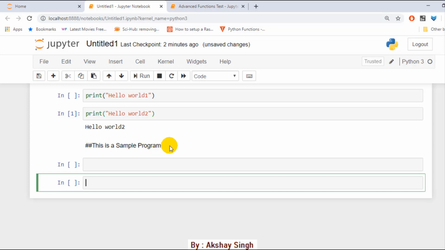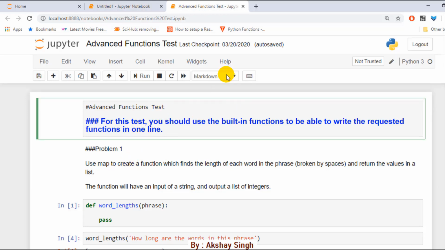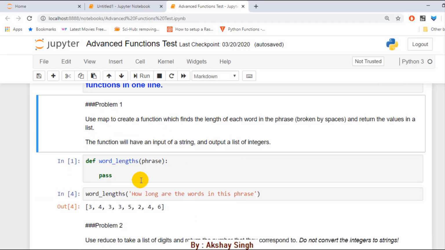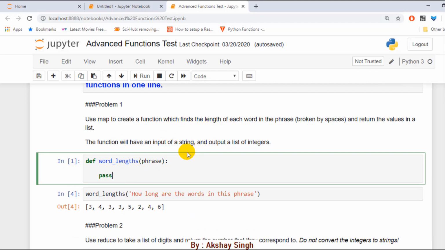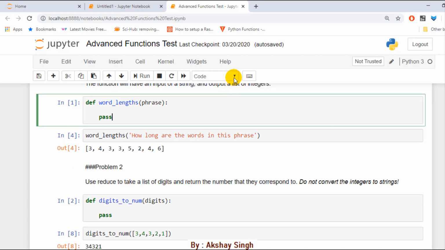As you all know that Jupyter Notebook can also be used for creating a document. So we can use this markdown, this heading, for creating my own document. Just see this. This is an example how you can create a document. These all are, see, this is a markdown, this is a markdown, and this is your code cell. So in this way you can create a well prepared document also. This is a very important feature in Jupyter Notebook.